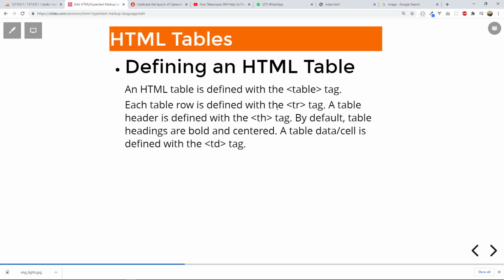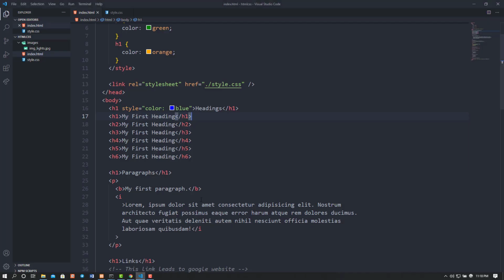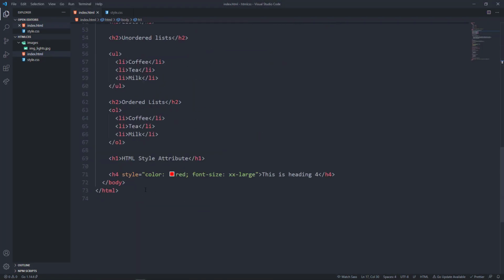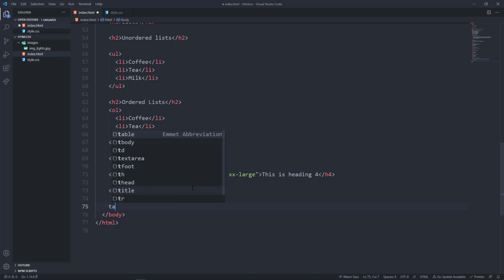So now we have what we call HTML tables. So what are HTML tables? Everybody knows a table, right? A table is defined with the table tag, like that. So this is how we start. I'll just do that and then do h1, HTML table. So the table starts with the table tag,